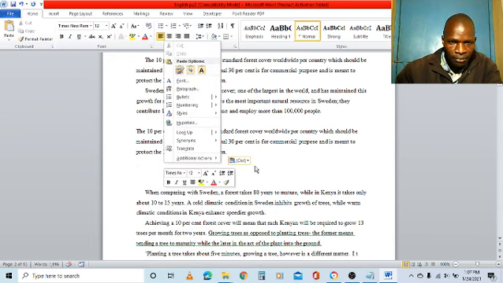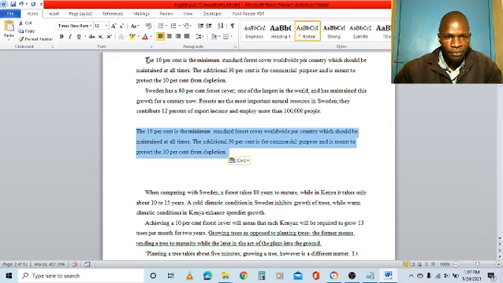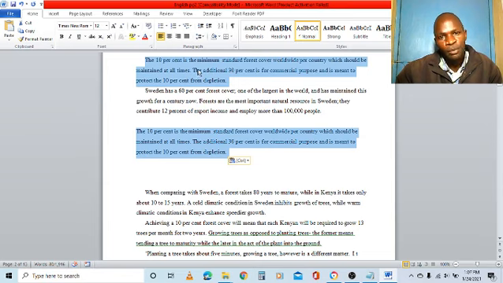You can see here this is the pasted text which was copied, and it's actually this one, this text here. I want to highlight the two so that we can see the comparison. You can see this is what I pasted and I copied from here. So with copy and paste, the original text will remain where it was, but a copy is created. So this one is a copy of the other one, which is copy and pasted here. So that's how to do copy and paste.